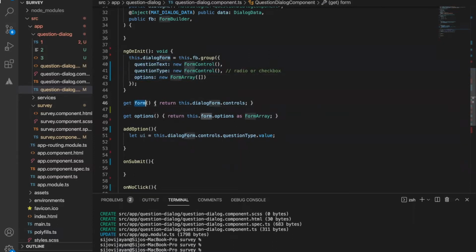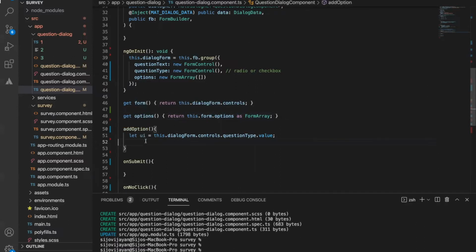So it should be useful in future. Also we need to get the options. It will return the options, this control from the form. From this form it will return the control, and from these controls it will return the options. I mean this particular control as a form array. So we have to define this as form array.